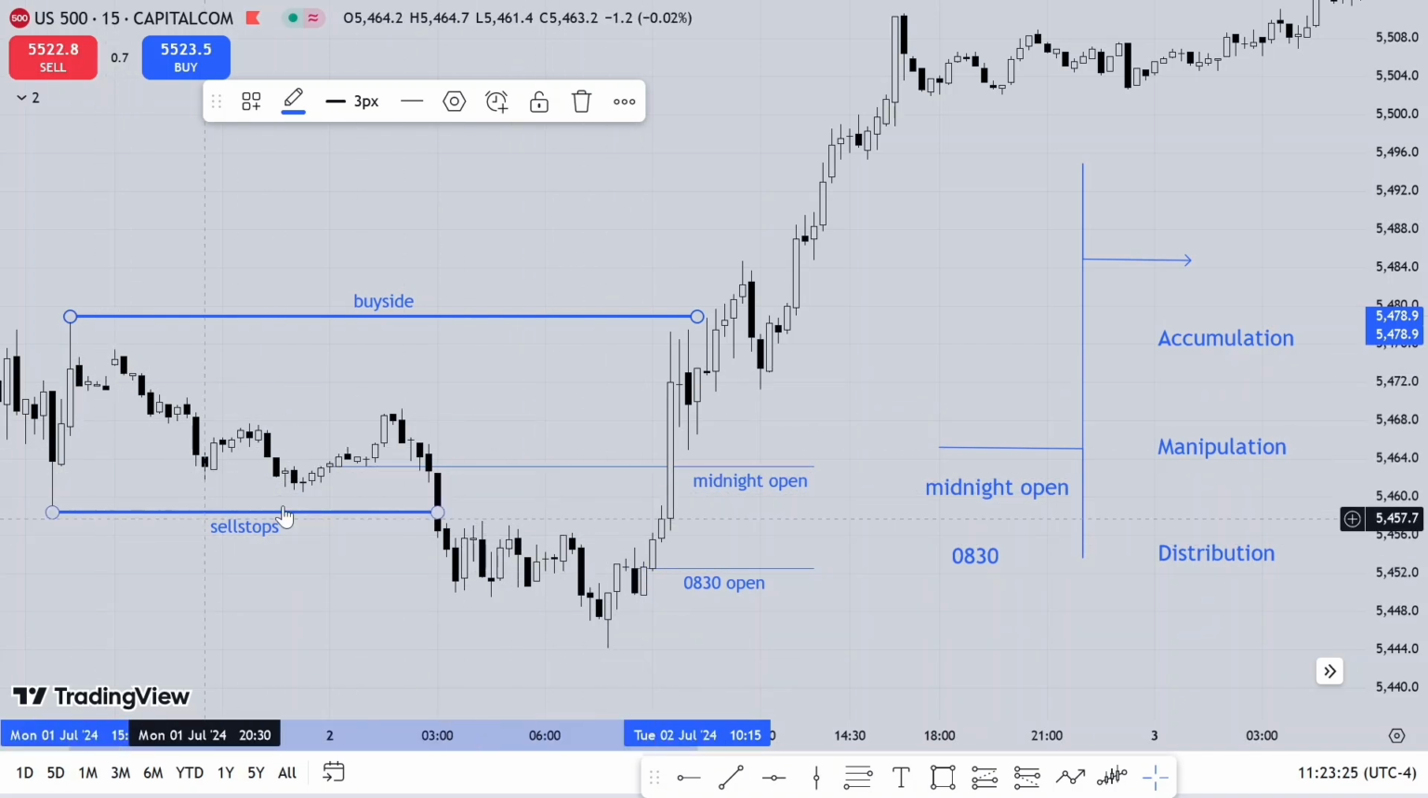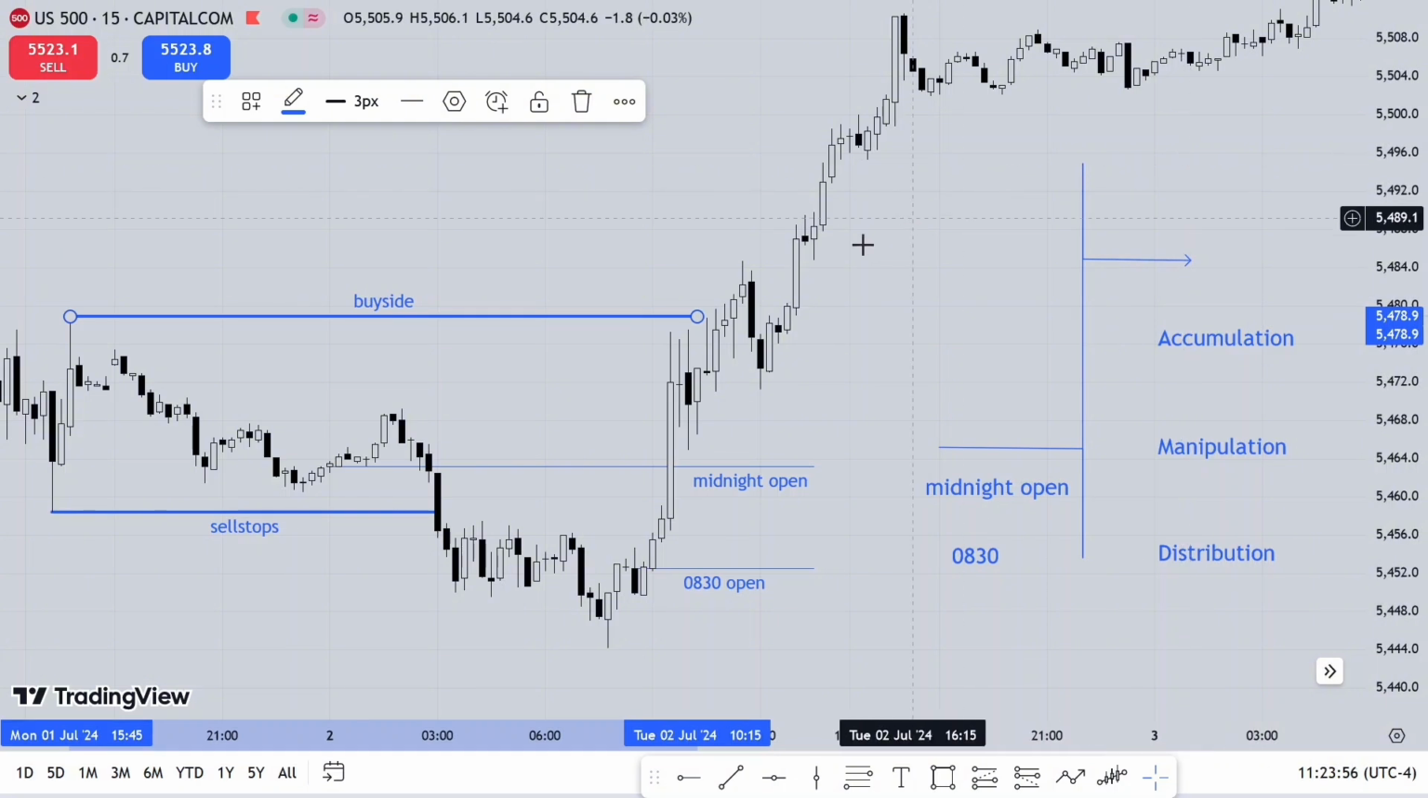You have the manipulation leg taking place after midnight and after the 8:30 a.m. So you don't want to see price trade lower here to this low, and also this low that pushed out sell side liquidity. So during this expansion leg, during this distribution phase, this is where you have a higher probability